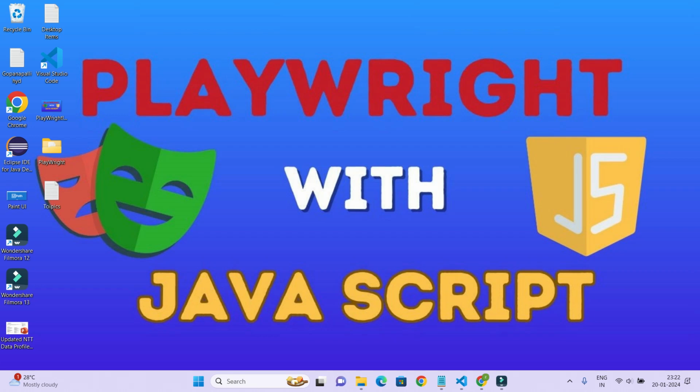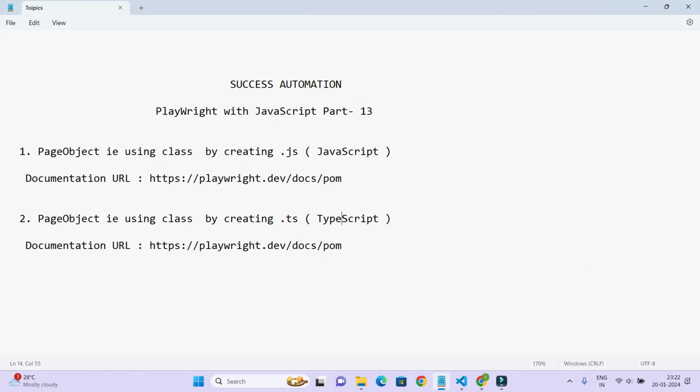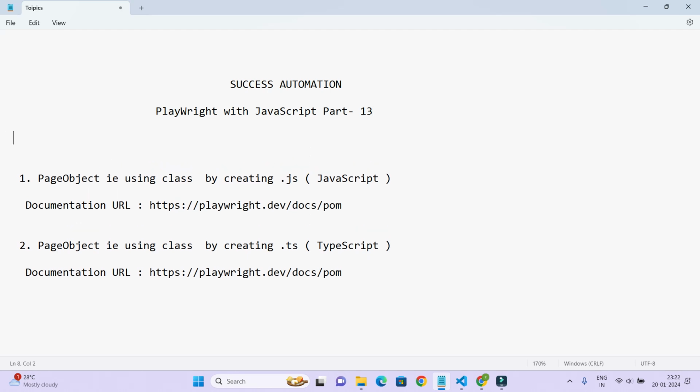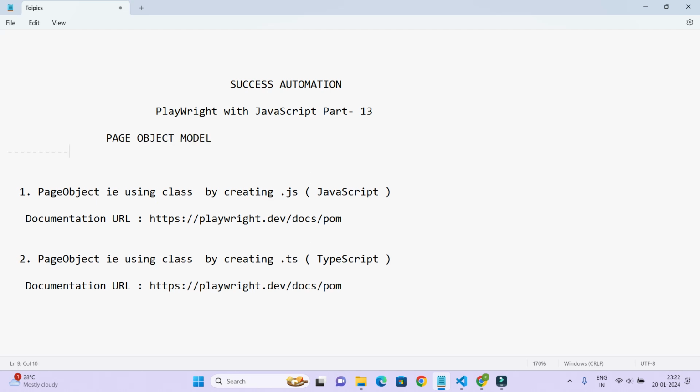In this video, I am going to talk about how to create a class in JavaScript as well as by using TypeScript. A class is nothing but an object, or a page object model. Generally, they will call it a page object model. Page object model is nothing but creating a class through which you can perform the same actions. So first of all, I'll go to the